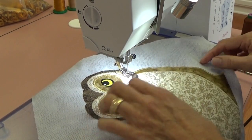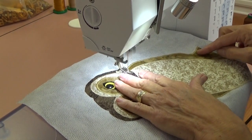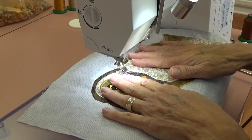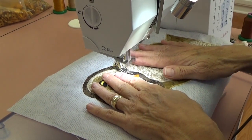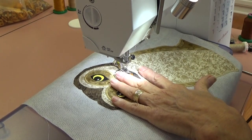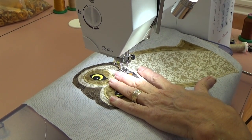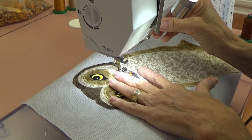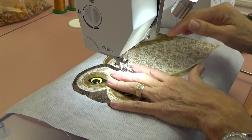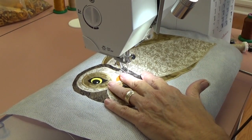So I haven't even put any backing on the back of this owl. I did put backing on a lot of them, but I actually forgot to put it on this guy, and he seems to be sewing just fine. Now I'm coming into his beak, so I'm going to do the zigzag little, tie off with the straight stitch, jump the beak, start with the straight stitch again, start with the zigzag, little,